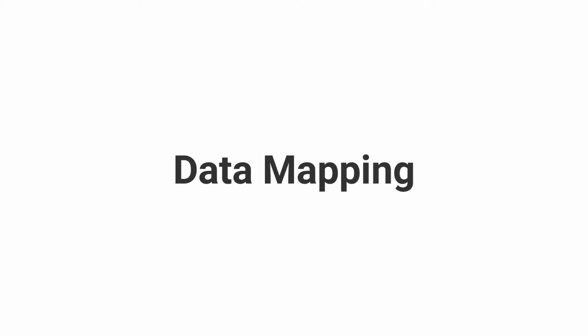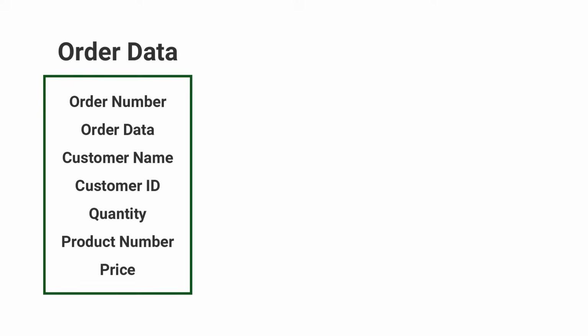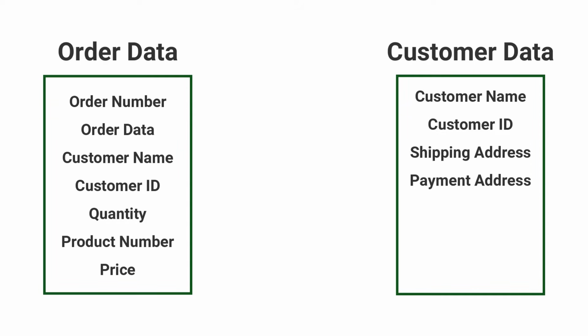To combine all of these, we get into data mapping. Data mapping tells us how the data, the information in one of our sources, relates or maps to data in another source to combine to give a more complete picture. So in the example of that sales data, we would have the order information linked to customer information, probably based on a customer name or a customer ID.